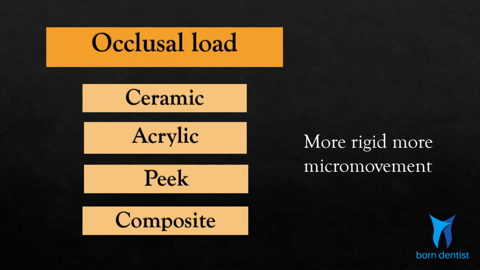One way to control the occlusal load is making it out of occlusion. It is called non-functional immediate loading. Another way is to select a restorative material which suits each purpose. The options are ceramic, acrylic, PEEK, and composites, in the decreasing order of their ability to transfer load to the implant.